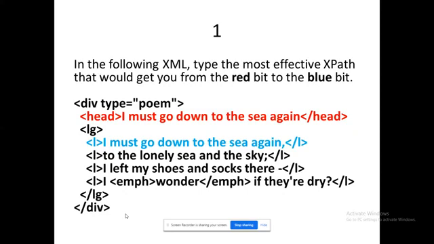You can see a code. The question is, if I want to traverse from the red color tag to the blue color tag, what is the expression that I have to write?